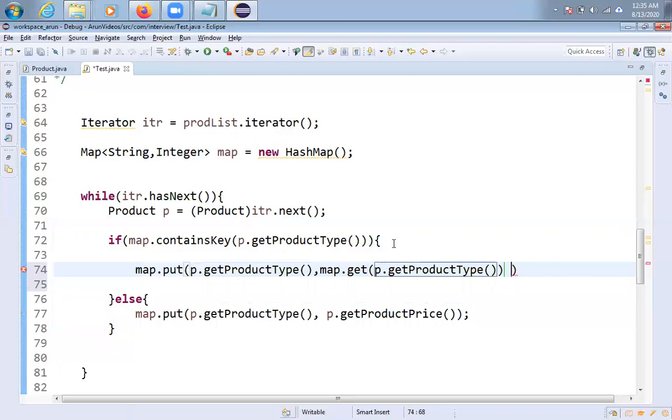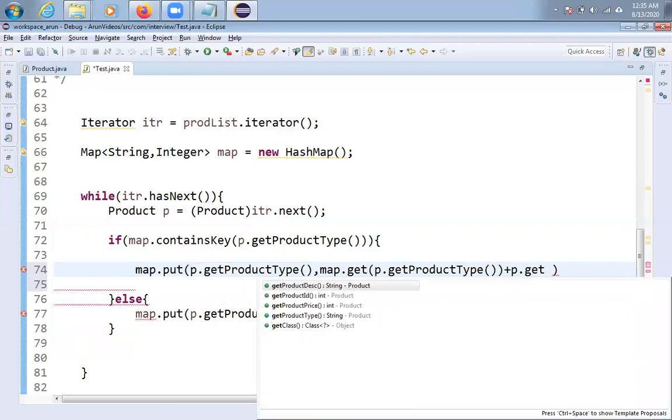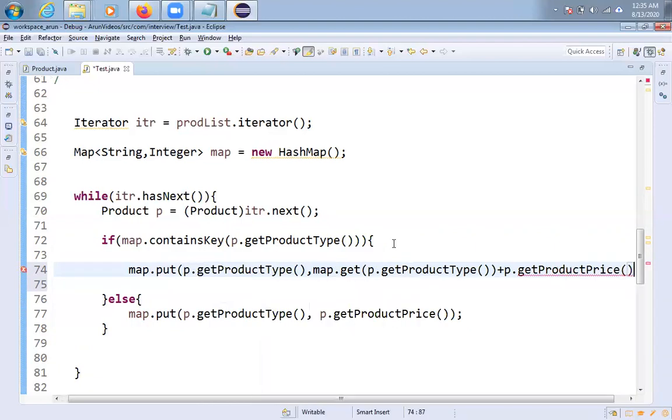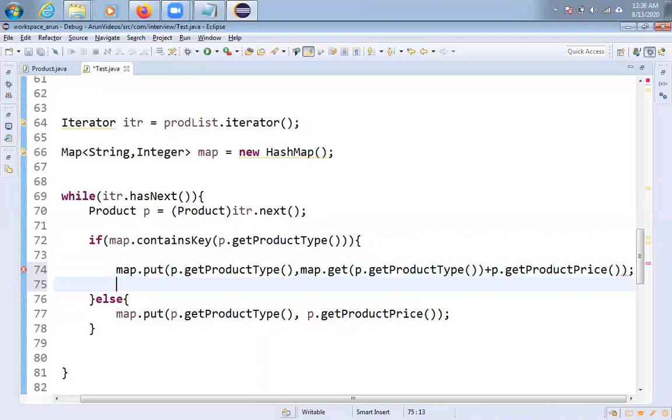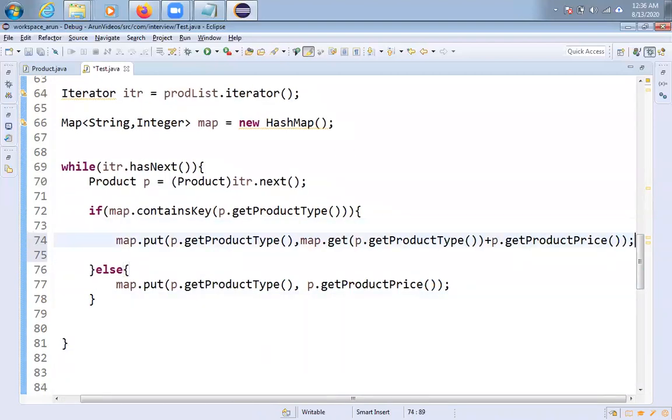So you will get the old value, I mean the existing value, right? Already the map contains some value, that value I'll get. Once you get the value, what I am doing here, I'm adding it to p.getProductPrice(), friends. That's it, friends. So you have to understand this one only.